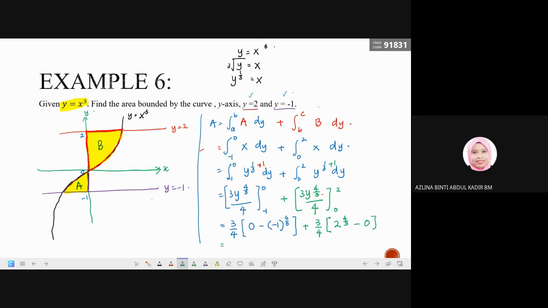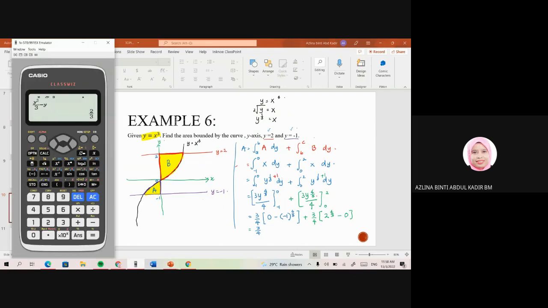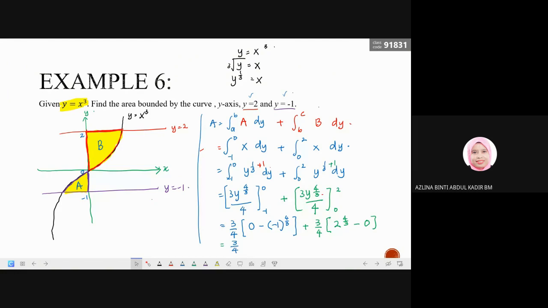So calculator. Apa? 3/4 0 minus calculator. Insert function. Function saya ambil Y to the power of 4/3. Alpha Y power 4/3. Okay, so calculate. Bila X, kita check lah X equals to 0. Y equals to 0. So memang akan dapat 0 kan. Okay, dapat 0. And then calculate negative 1. Okay, dapat apa? Dapat 1. So kat sini, nak tulis. Ni 0 minus 1. 0 minus 1. Negative 1. Okay, plus